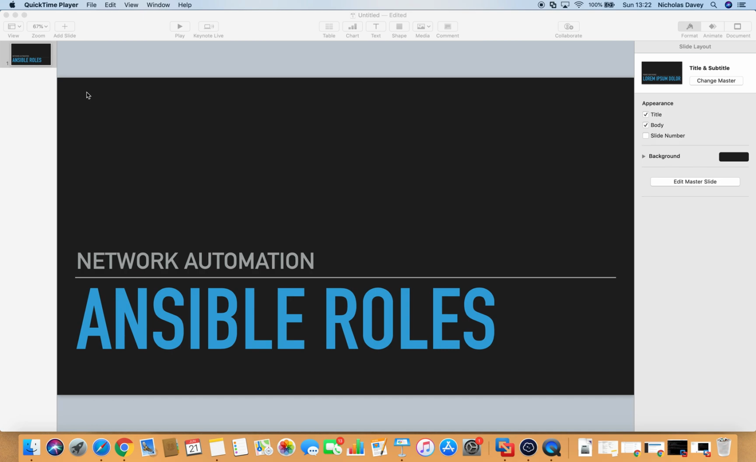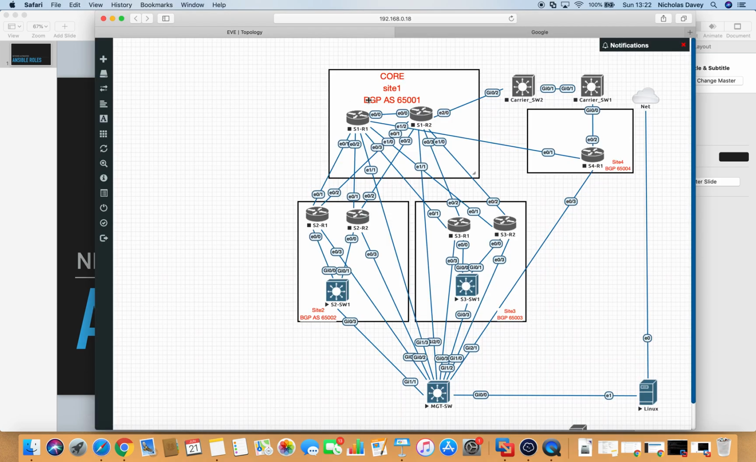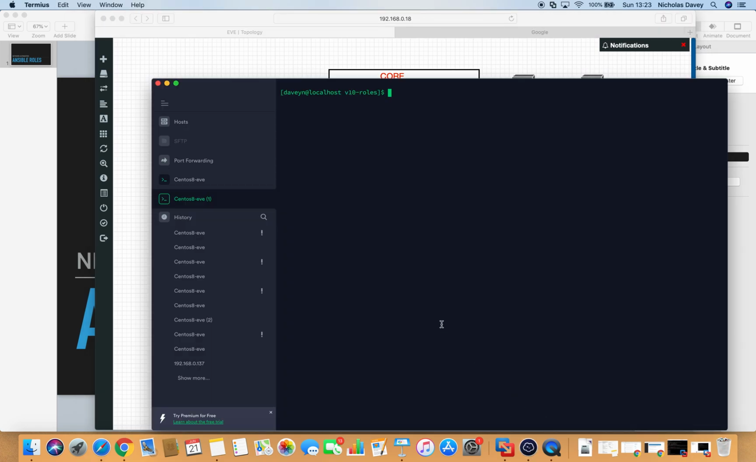So starting off, I just want to show my topology again. It's a simple WAN. I've shut down all of my nodes with the exception of my two switches. So what I'm going to do here is create an Ansible role to deploy VLANs on these two switches. So with Ansible roles,